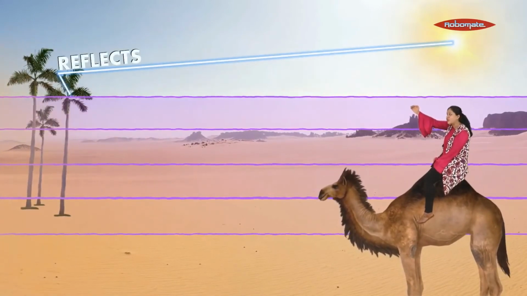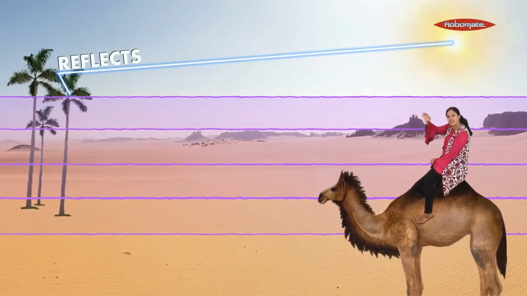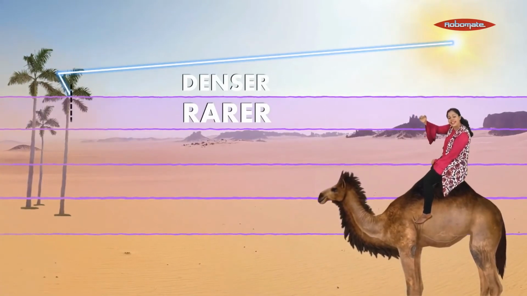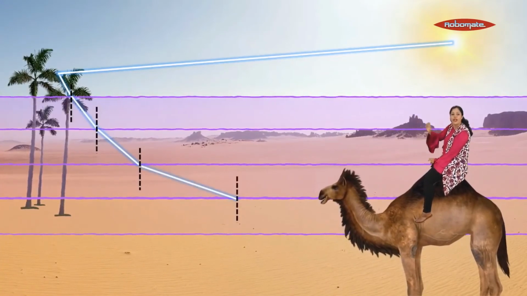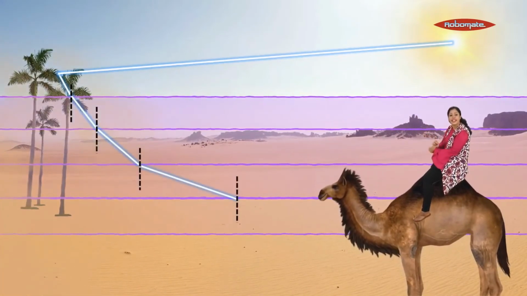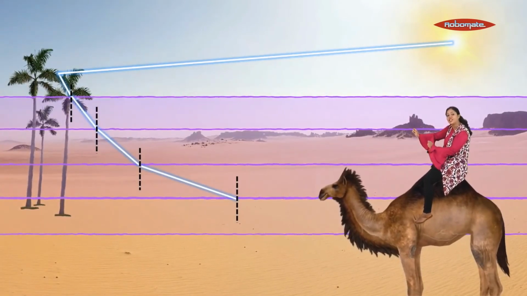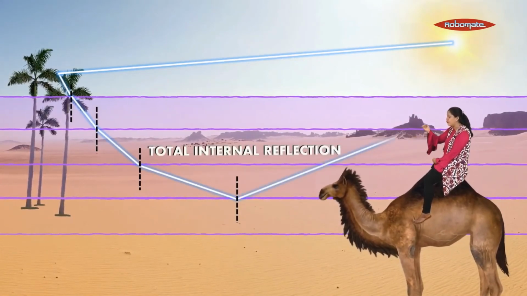Now, the light from the sun hits the object. The tree there is the object. After hitting the object, the light will reflect and it will enter the first layer. Now, the first layer is denser. As and when the light is going from denser to rarer, it will keep on bending away from the normal. So, at each layer, what you see is the light is bending away from the normal. But at one point, what you will notice is light will hit at an angle which is greater than the critical angle. And at that point, instead of light undergoing refraction, the light will undergo total internal reflection and enter my